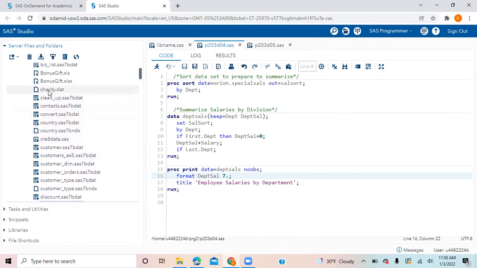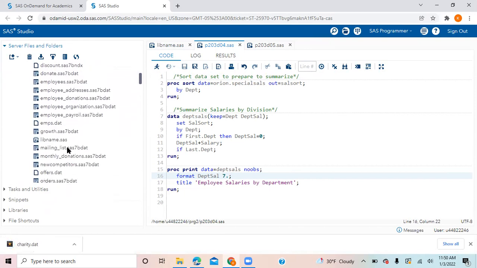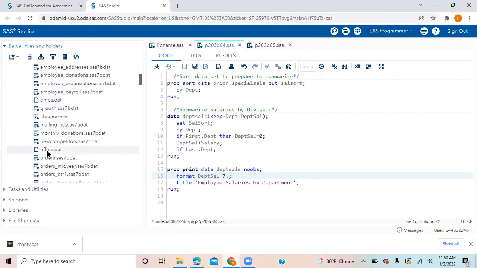Yeah, but we are working on offers. So if you scroll down, see this offers. Because it's within SAS Studio, it will not support this format. But if you remember the files which you downloaded on your desktop, in which folder, go to that folder. Where are the original files before we uploaded them in your Studio?